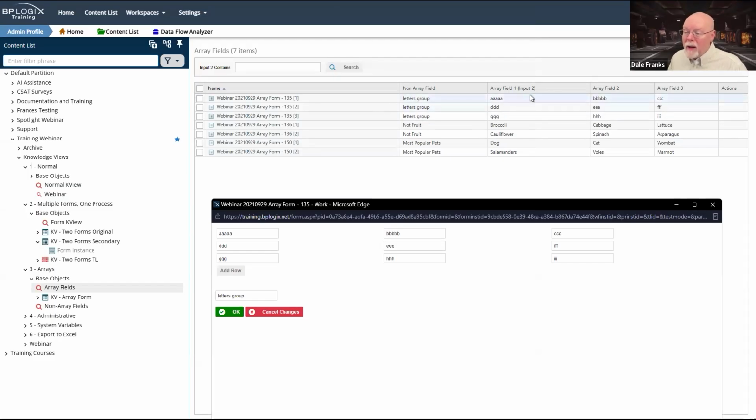So here is array field 1, 2, and 3 for the first row, A, B, and C, D, E, and F, G, H, and I get returned. So I'm going to get these 3 rows. Now notice my non-array field, which has the value letters group, shows up in each one of these 3 rows.